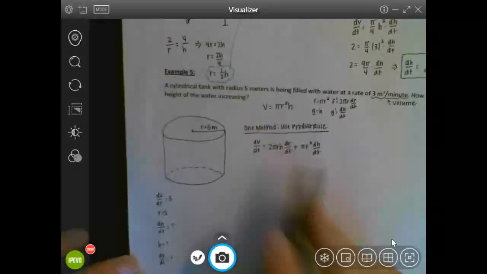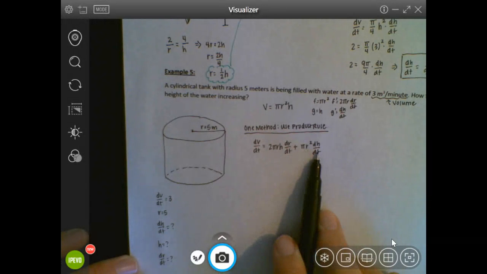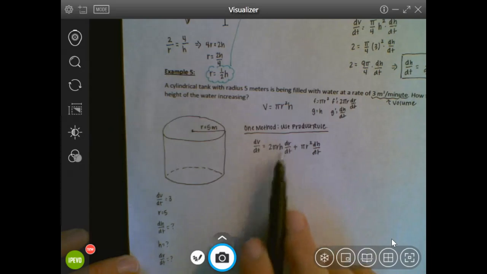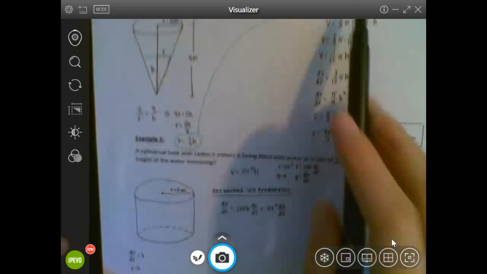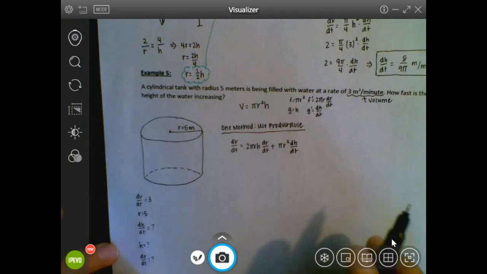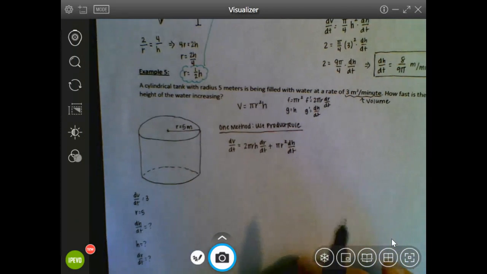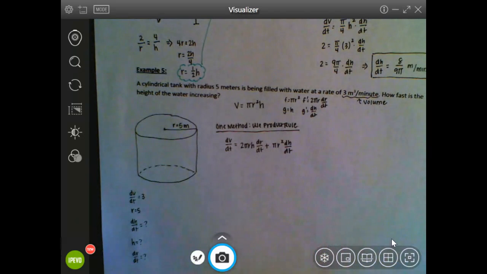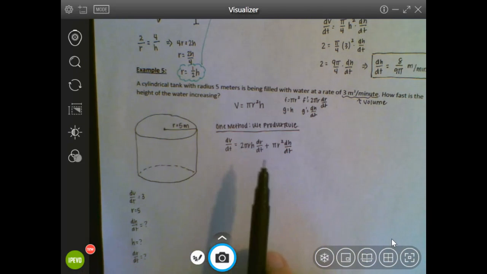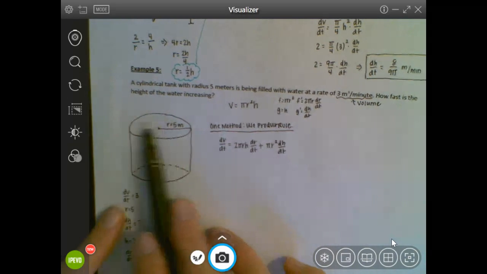So there's a problem. Over here, we can fill in our pi and our r, and we know that we're looking for our dH/dt. So our problem lies here, which would have been the same problem that would have happened up here if we had used the product rule. But if we think about what's happening in this problem, it actually doesn't end up being quite a problem that we don't have two variables over here or two unknowns, because if we think about this cylinder as